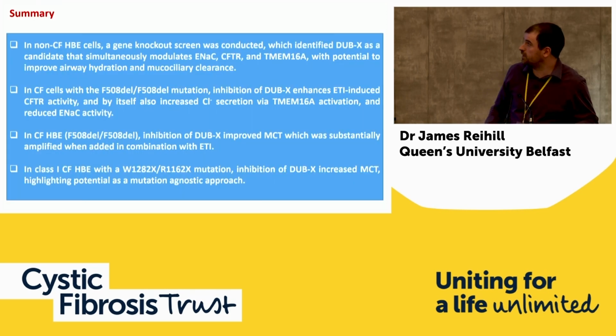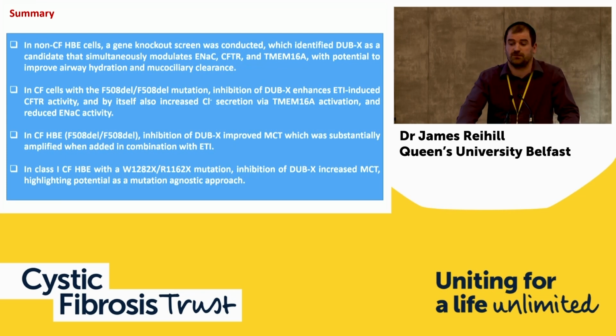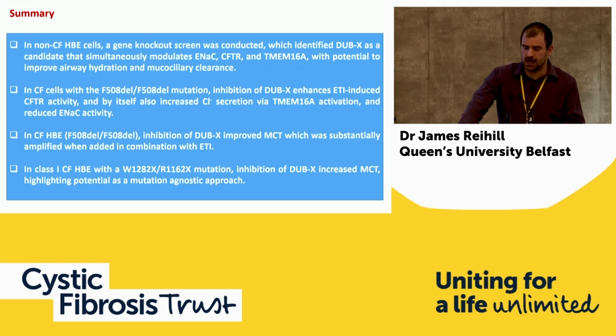So with that, just to summarise what I've shown you: in non-CF HBE, we performed a gene knockout screen of the DUB family and identified DUB-X as a candidate that simultaneously modulated ENaC, CFTR, and TMEM16A, with potential to drive airway rehydration and mucociliary clearance. In CF cells with the F508del mutation, inhibition of the DUB enhanced ETI-induced CFTR activity, and by itself boosts TMEM16A activity and blunts ENaC. And this then leads to an improvement in mucociliary transport when added by itself,